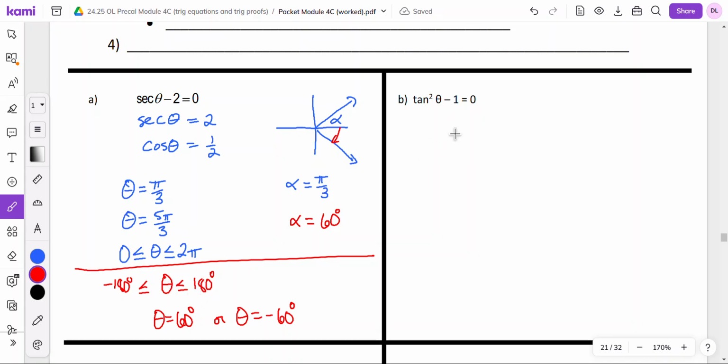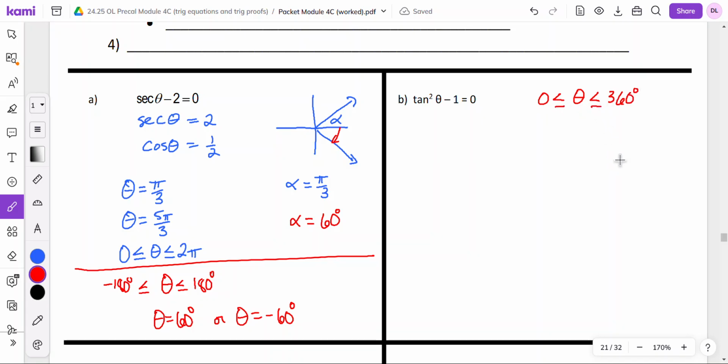So when we're solving our equations, we want to be aware of any interval that we're given. And our initial intervals will be provided. If they're not provided, we'll give them to you. So, for example, let's say that for this one we wanted our interval to be between 0 and 360 degrees,